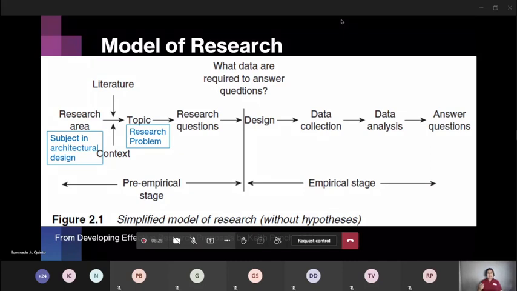This is the simplified model of research without hypothesis from Keith Punch, in his book Developing Effective Research Proposals. What I appreciate so much about this diagram is that it's so comprehensive. The elements of research are all there in that one diagram. Now